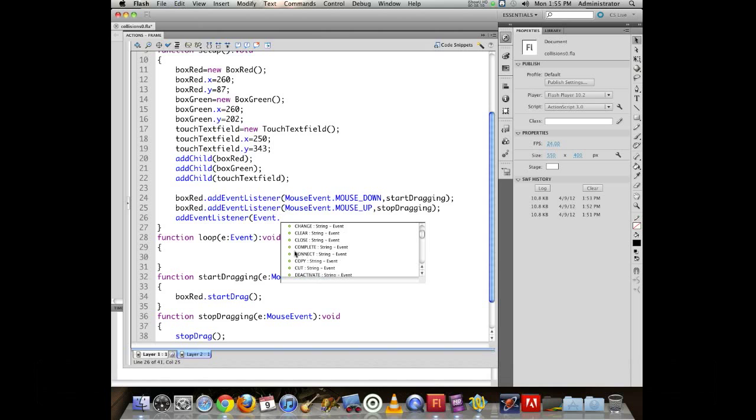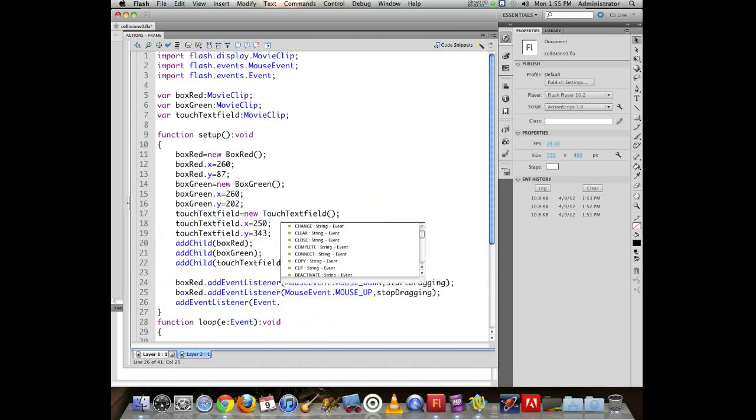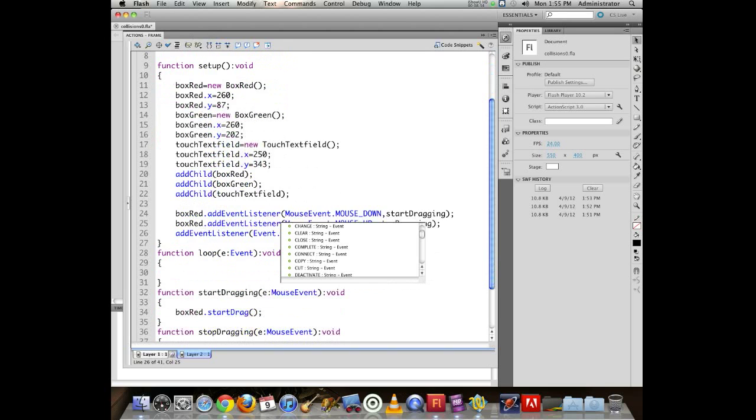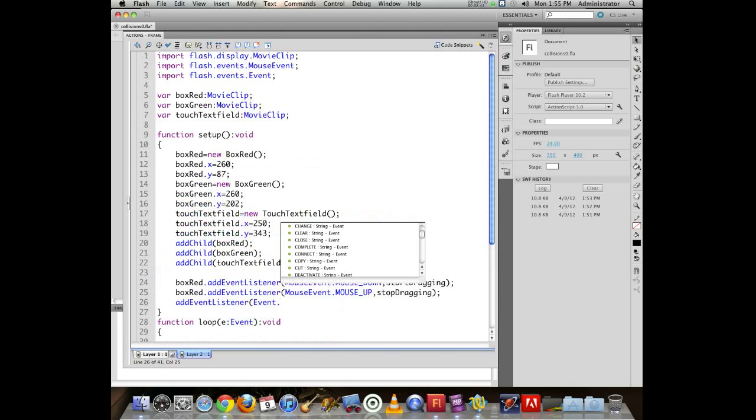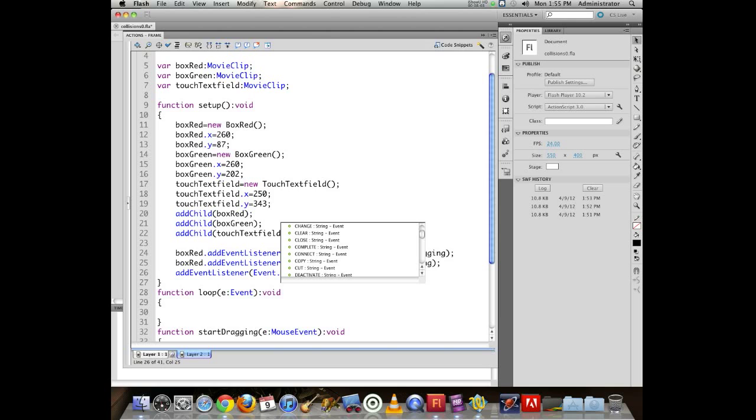So when you're trying to use code completion, you need to have your imports in place so that when you want it to complete the items, it knows what's there. When you're creating your functions or creating variables, that's a good way to coax Flash into creating the imports, and once it has those, you get much better code completion. So now I'll choose enter frame here